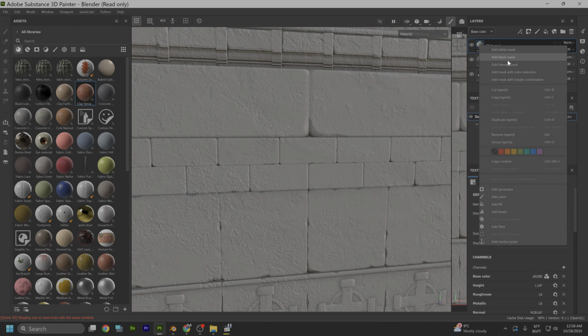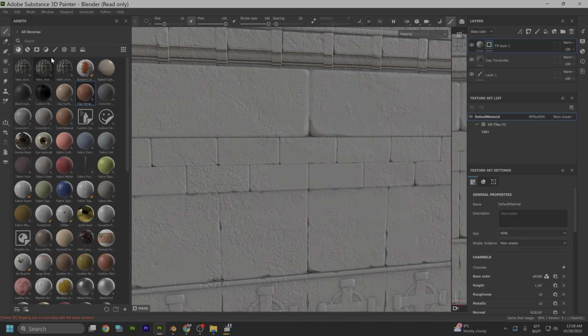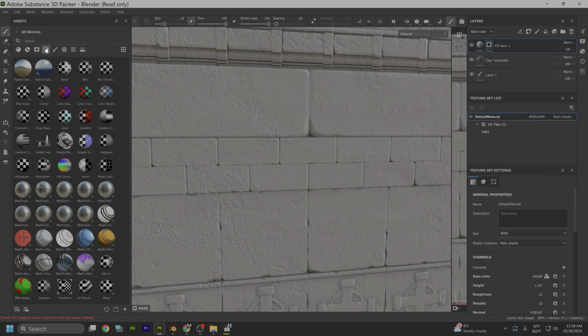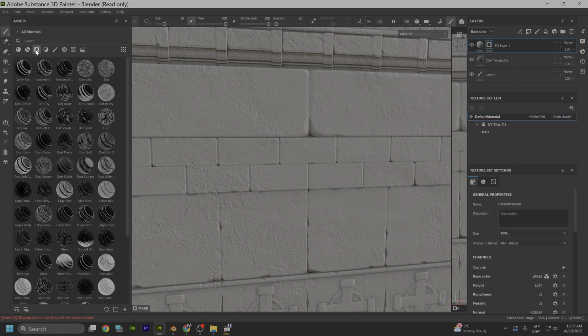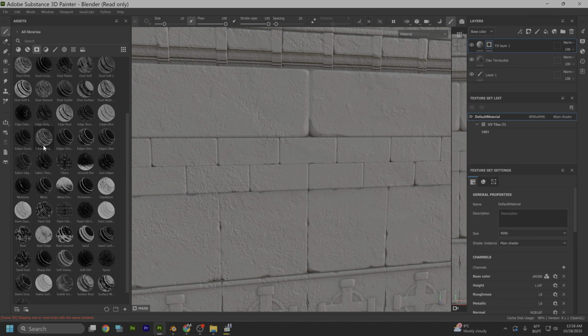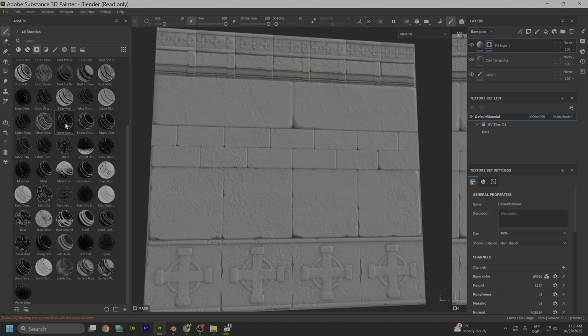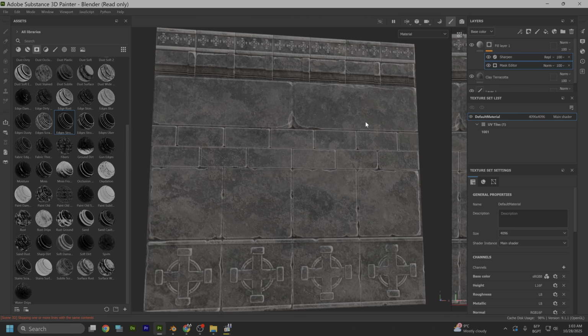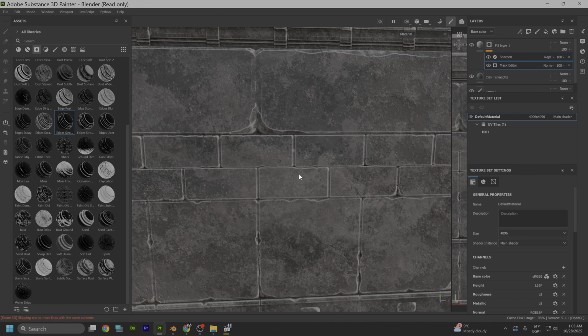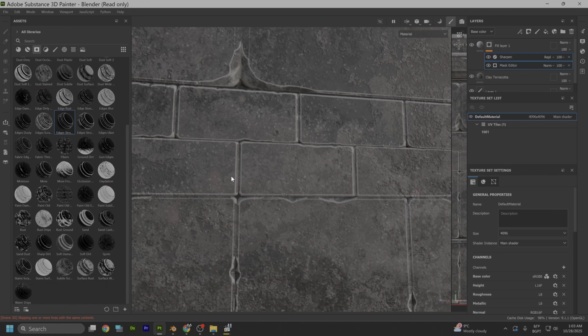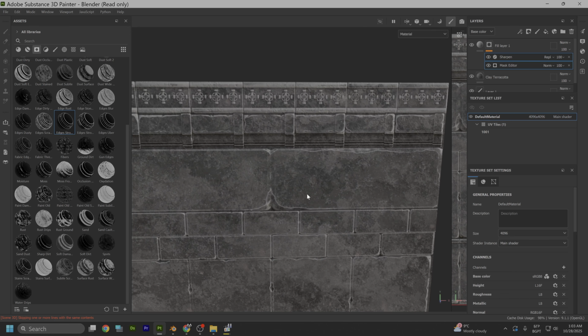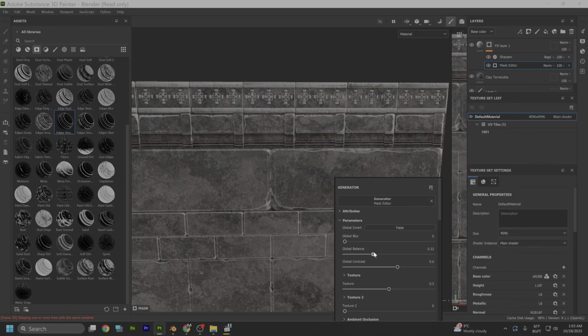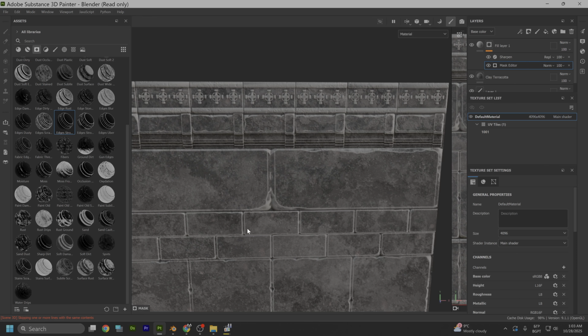And here we're going to add white mask, and let's go here on the smart masks, and we start to choose which one works best for us. Oh, this edge strong should do the work. So let's see. Yeah, it's looking nice. You can see that edges are starting to pop up, and let's play a little bit with the adjustments. Let's add some global balance like this,